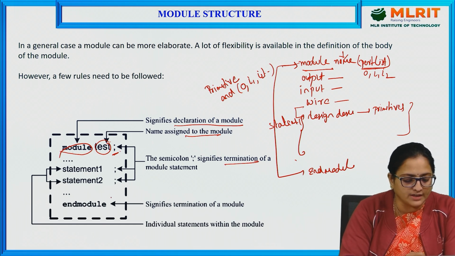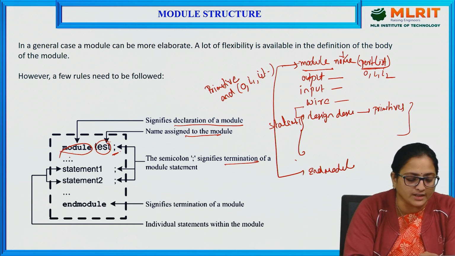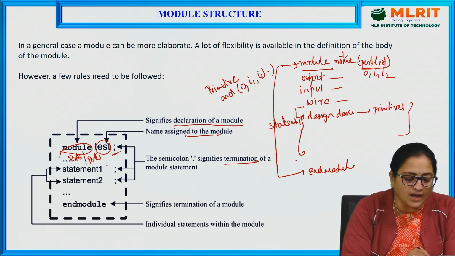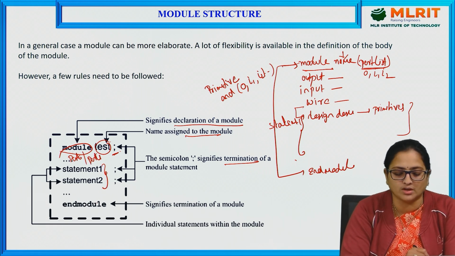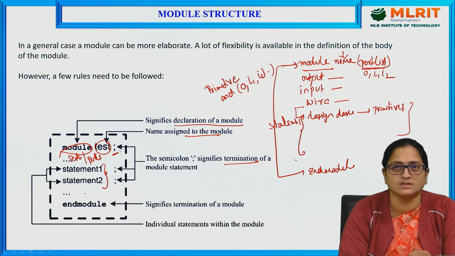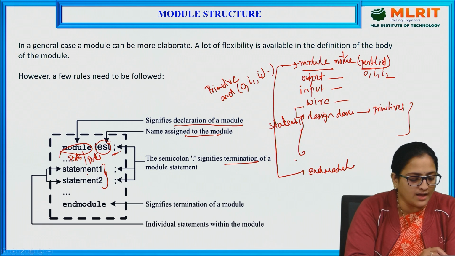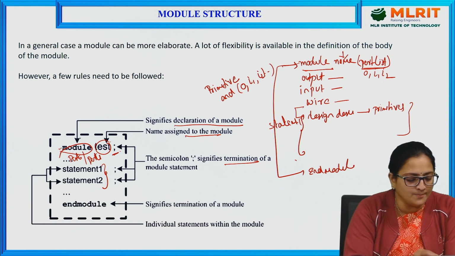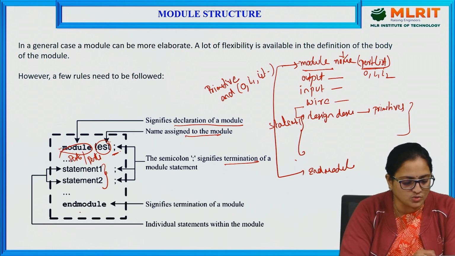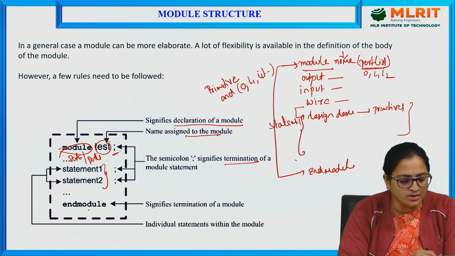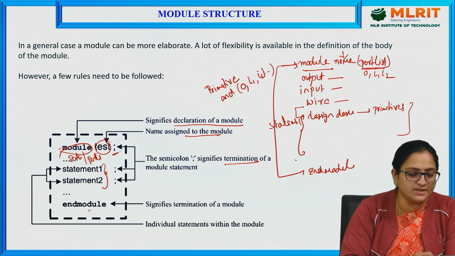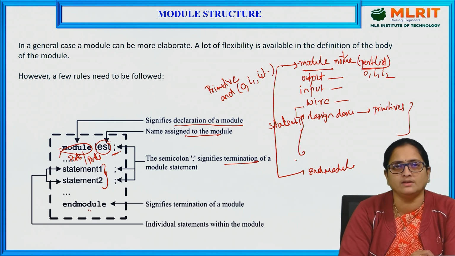And these are the statements where you need to define the input ports and output ports, and whatever primitives are available, you can call them here and write the Verilog description code. Then as we started with the module, this declaration has to end with the endmodule keyword. It terminates, it says the program has been terminated.